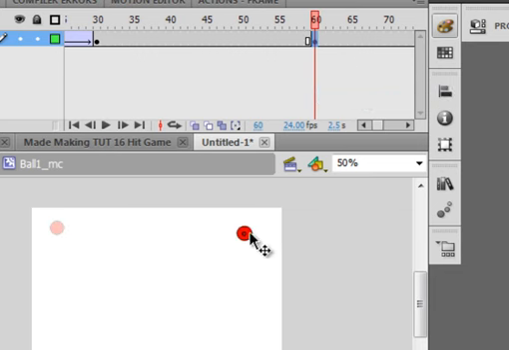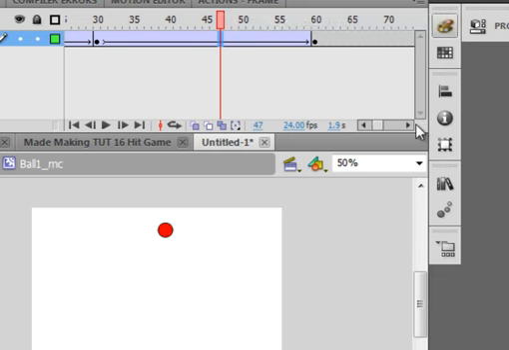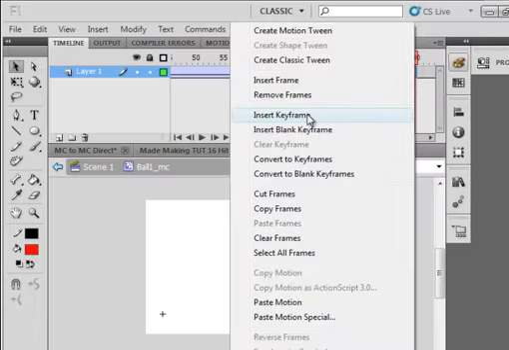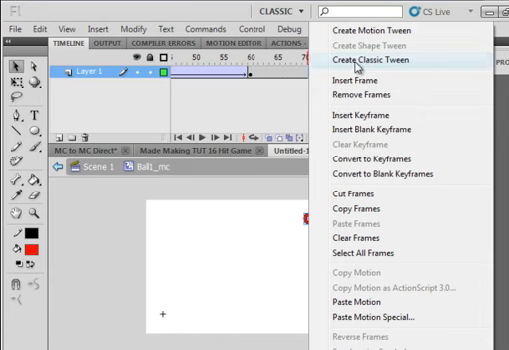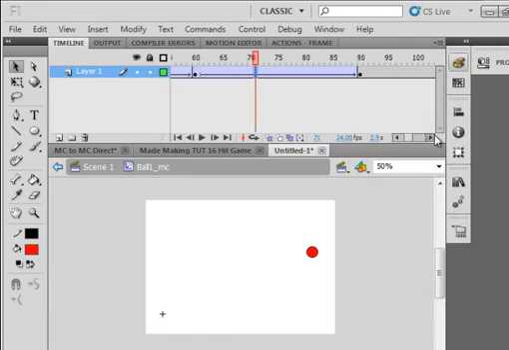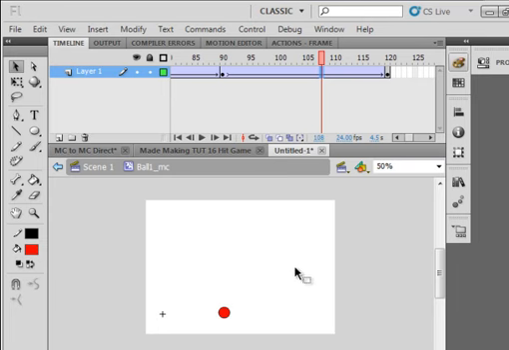Drag it over here. Click in there somewhere, classic tween. Go up to 90, insert a keyframe. Bring it down here. Click in here somewhere, classic tween. And this puts it back to where it was. And click in there and make it a classic tween. So now that just goes around like that, around like that. Call this layer ball